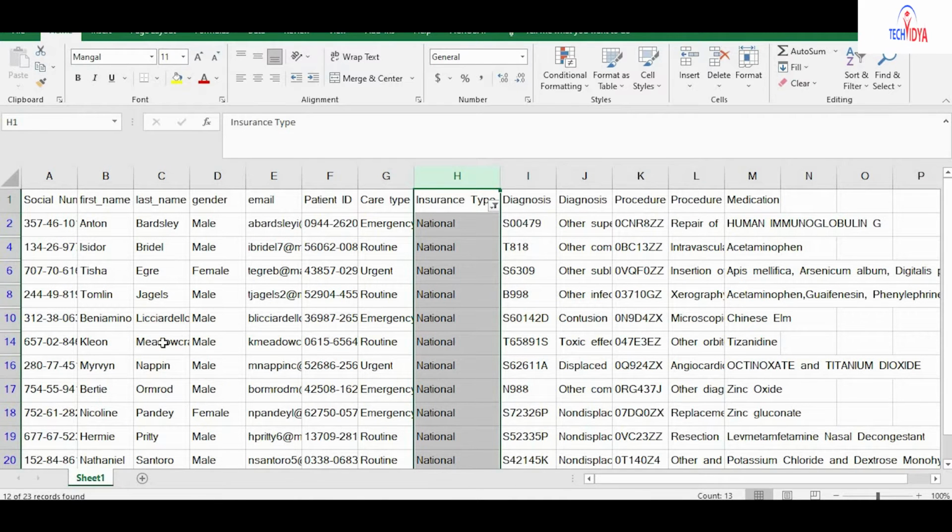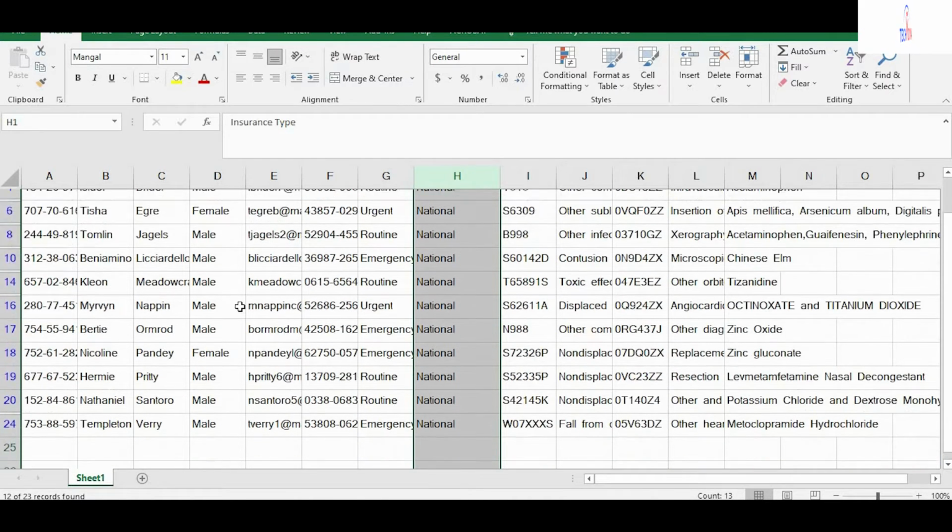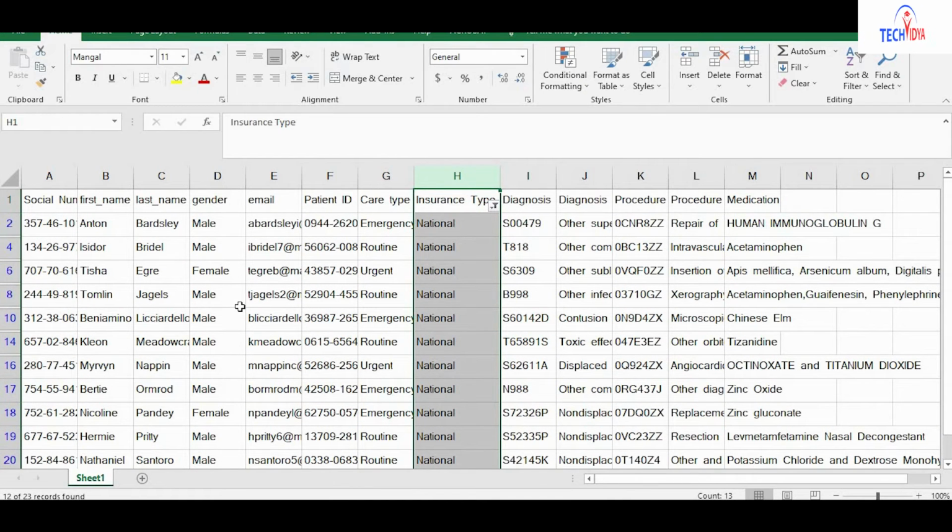Now after getting all the patients who have the national insurance type, he has to put their data onto the website again.